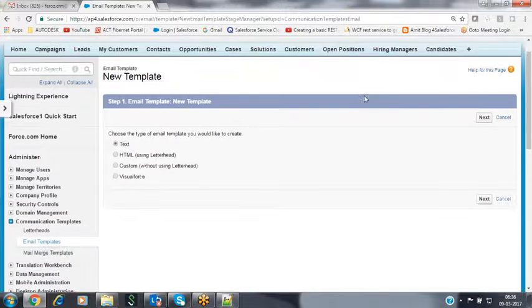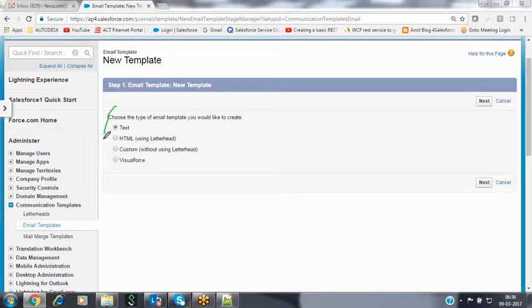As soon as you click on new, it is going to provide the option of what type of template you want to create: either a text or plain text email template, or the HTML type using letterhead, or the custom without using letterhead, and the fourth one, Visualforce. So from these four, we have to select any one email template type. First of all, we'll see the text template here. Now I'm selecting the text one. After that, click on the next button.